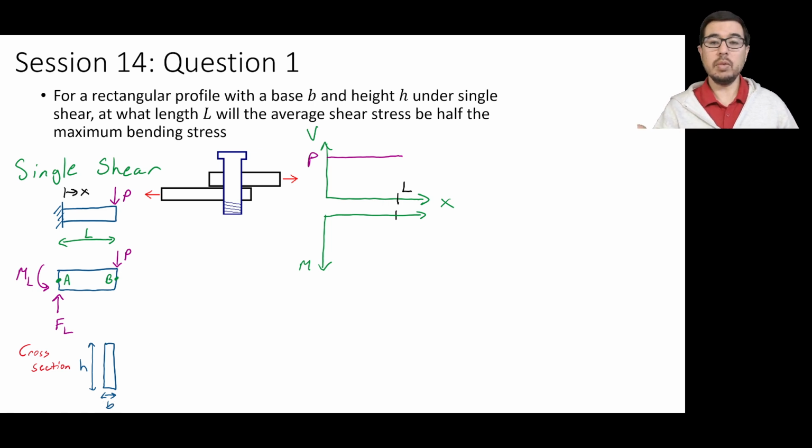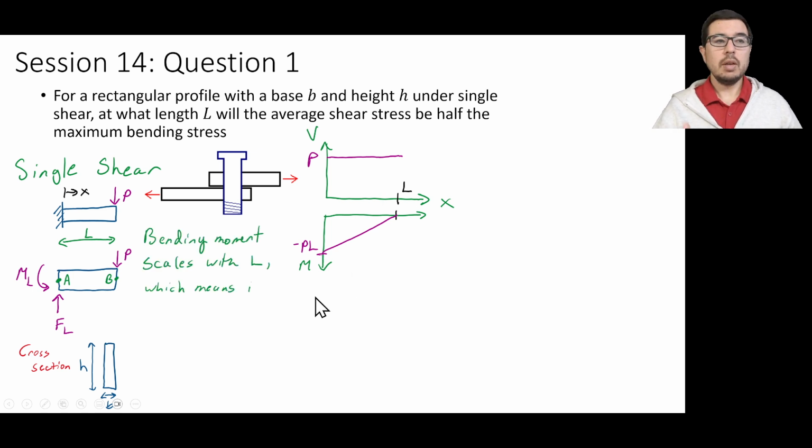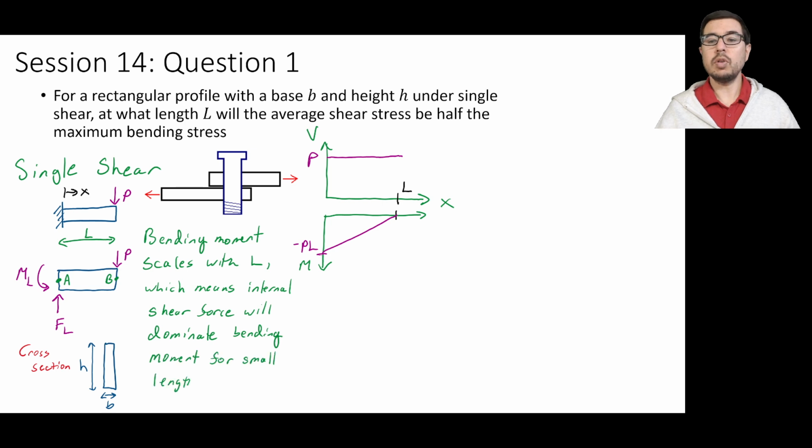meaning the cantilevered beam with a single load acting transversely through it in the past, and the profiles look like we have here. Now, the bending moment scales with length, which means the internal shear force will dominate bending moment for small lengths. The P for the shear force doesn't change or vary. But if you have a very small length for a beam, the L gets smaller and smaller, and the bending moment that you'll be calculating is also going to have